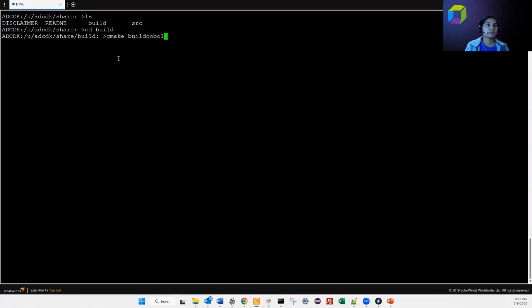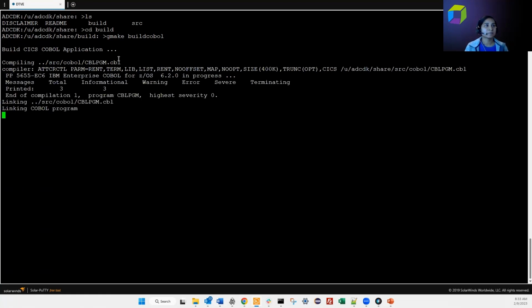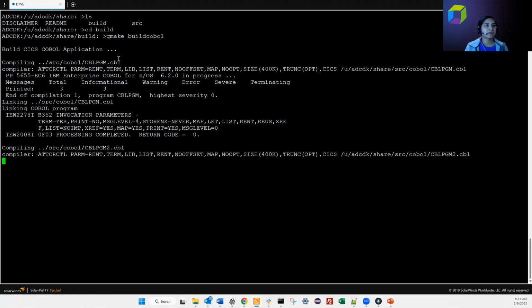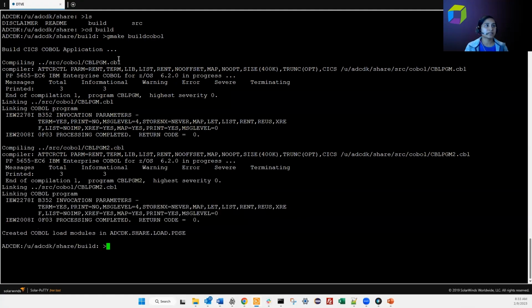Okay, so here we're going to show how we build COBOL programs using GMake. Build COBOL is the target that we put in the makefile. That invokes subsequent steps in the makefile, which then invoke the COBOL compile script and the link script. I believe we have two COBOL programs. First it compiled and then it called the linking. Both programs have been compiled and link edited, and then the load modules are now in